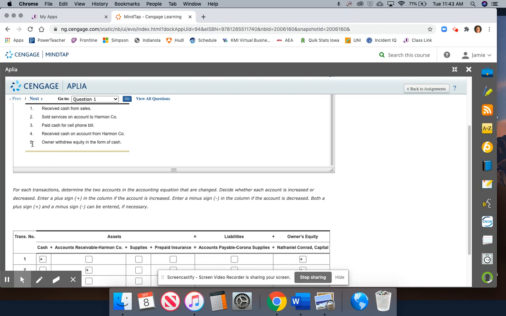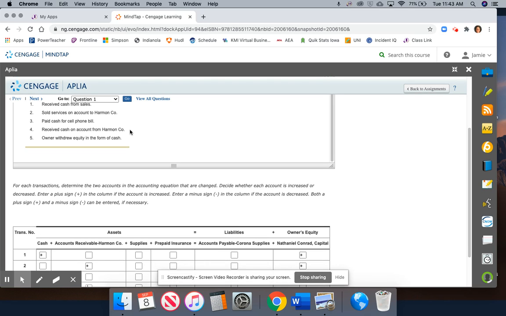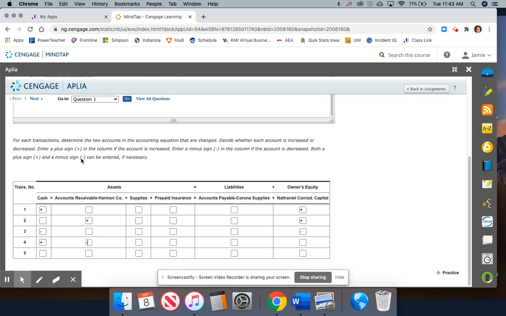Last transaction, number 5. Owner withdrew equity in the form of cash. So the owner makes a withdrawal. So cash is coming out of our account. So we're going to decrease cash. And we're also going to decrease the value of owner's equity, decrease the value of our company. So that is our